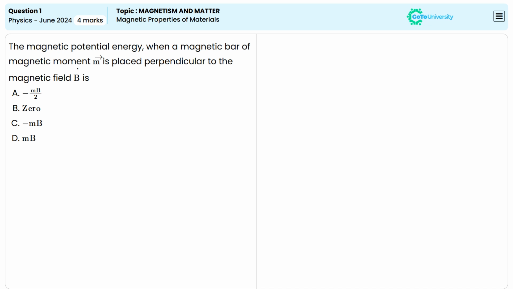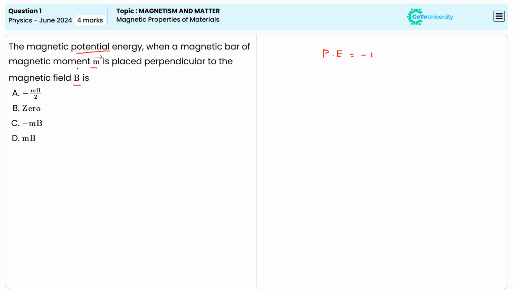What is the value of magnetic potential energy when a magnetic bar, which has a magnetic moment M, is placed perpendicular to the magnetic field B? It's known that the formula for calculating the potential energy of a magnetic bar in the presence of a magnetic field